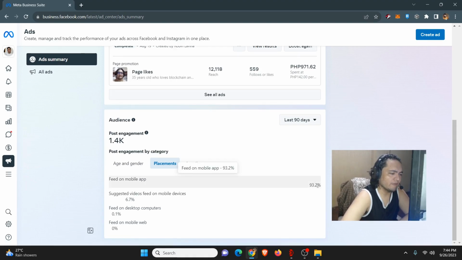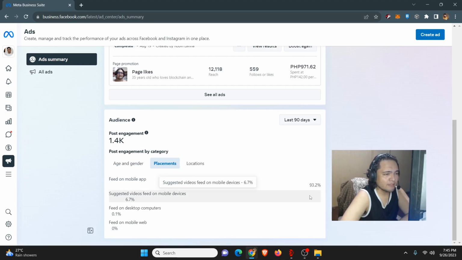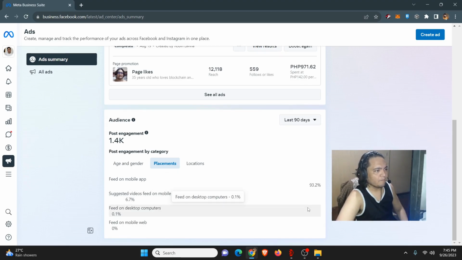Now I know that every time I have an ad campaign, it's going to be on the feed on the mobile app 93% of the time. Suggested videos feed on mobile devices 6.7%, and little or no advertisement shown on desktop computers.